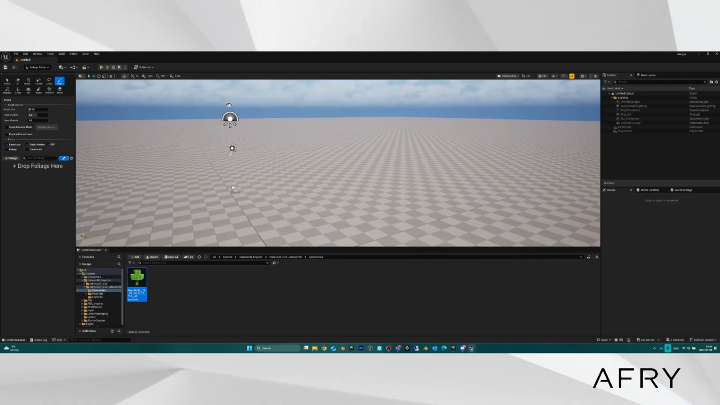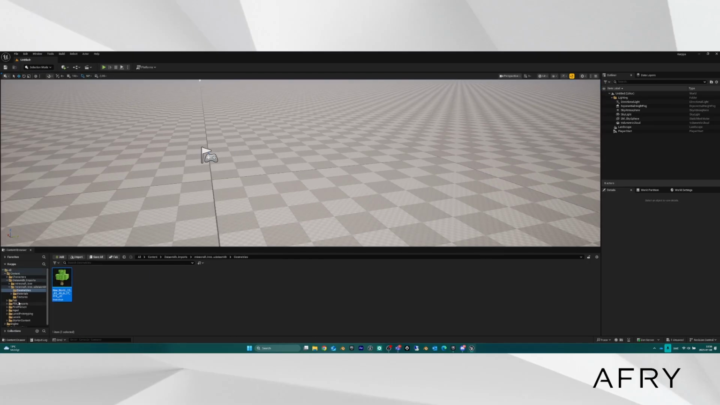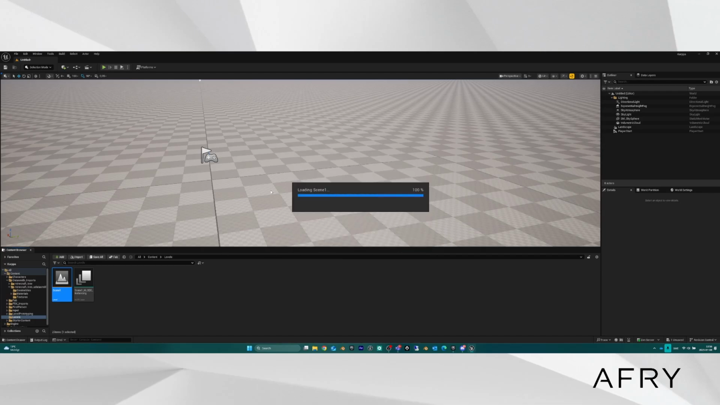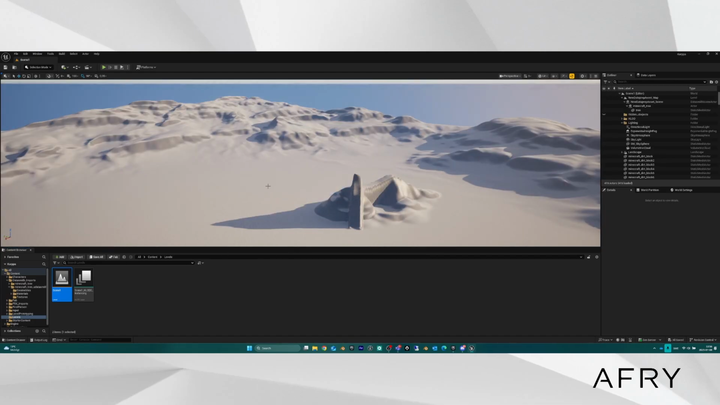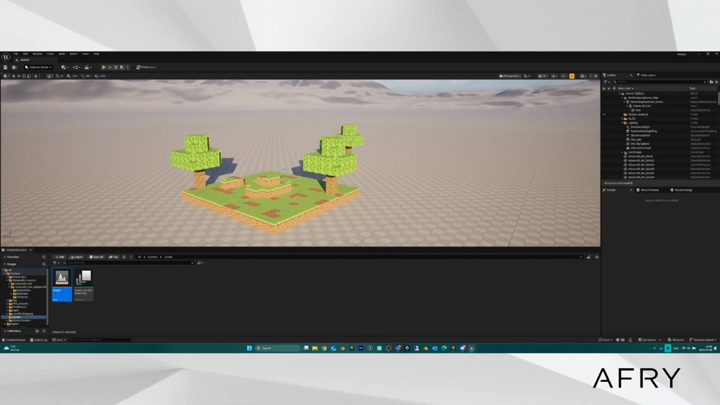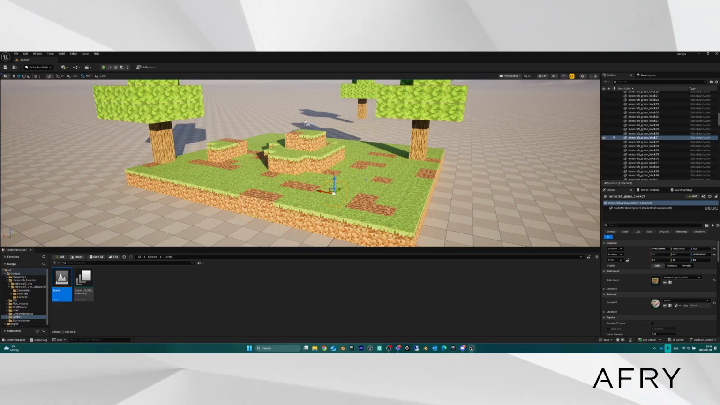So I thought I'd just show you, maybe we should jump back into our don't save, original scene or level with the trees and the little Minecraft world here. So Foliage